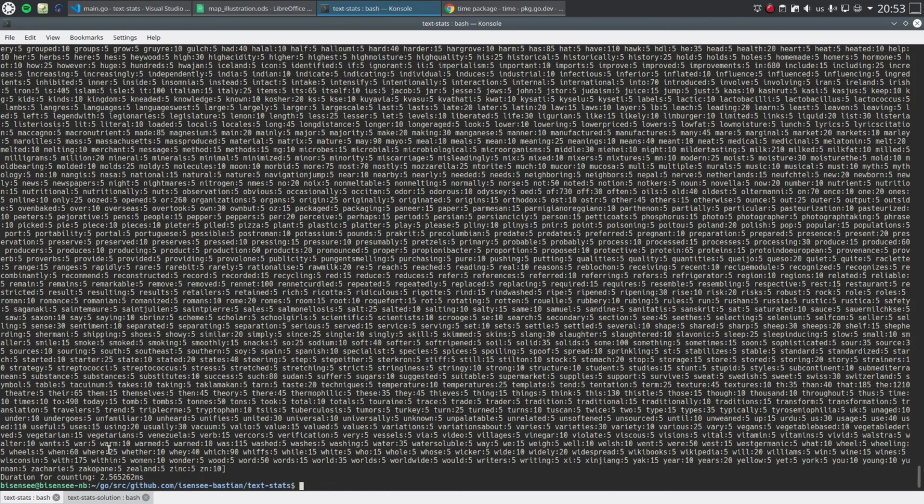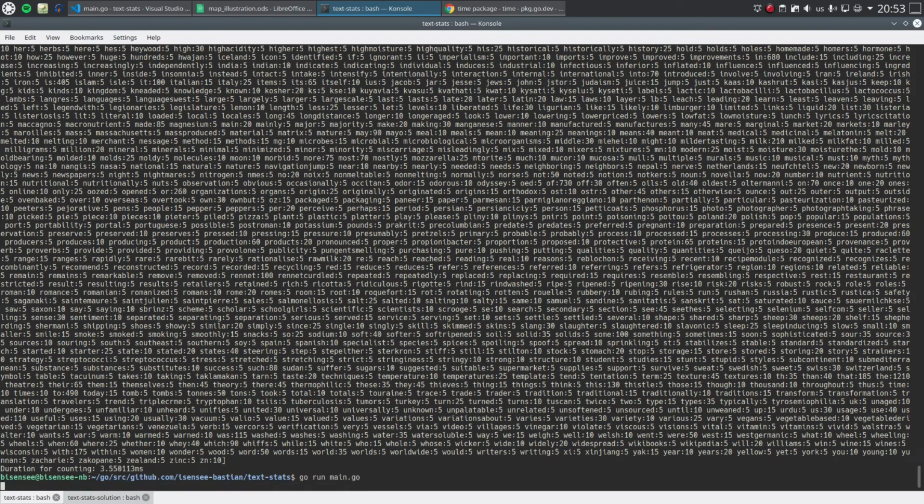But the duration for counting only about doubled. So now it's 2 point something milliseconds instead of 1. We're no longer in the microsecond range, some runs, but it scaled pretty well, right? 5 times the size and only 2 times the